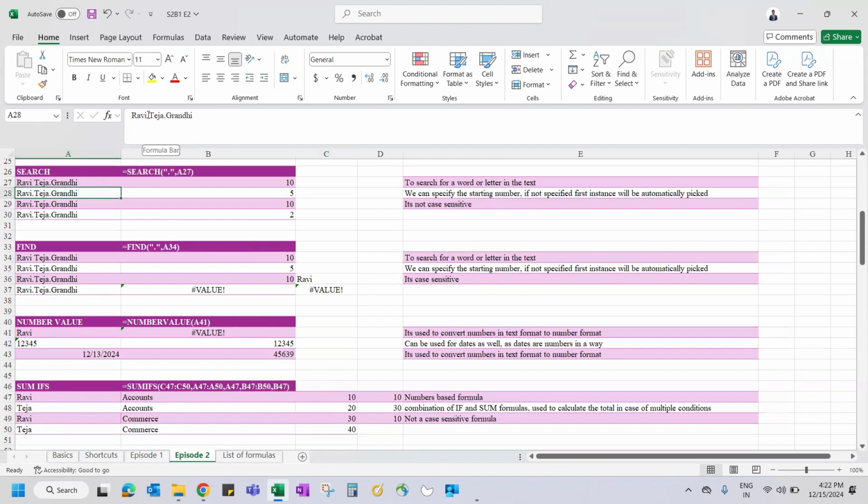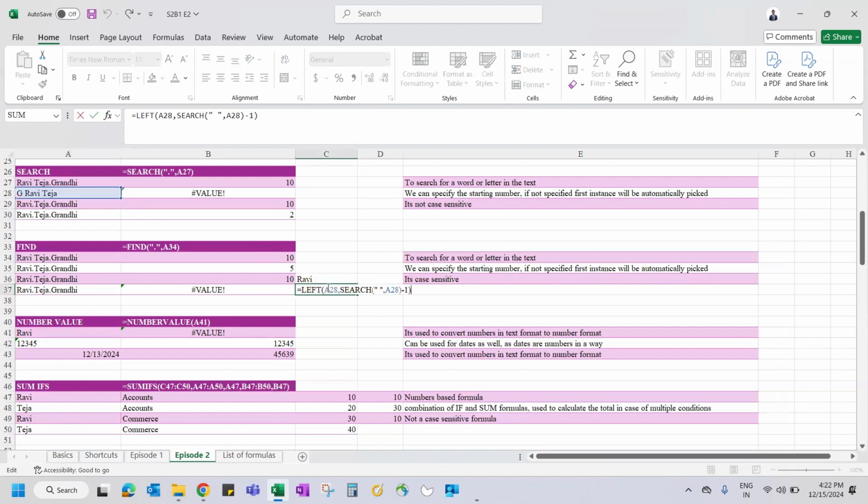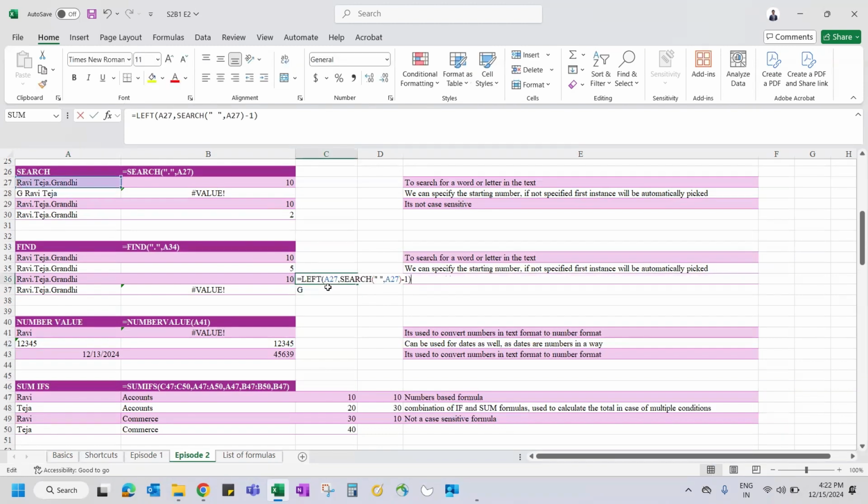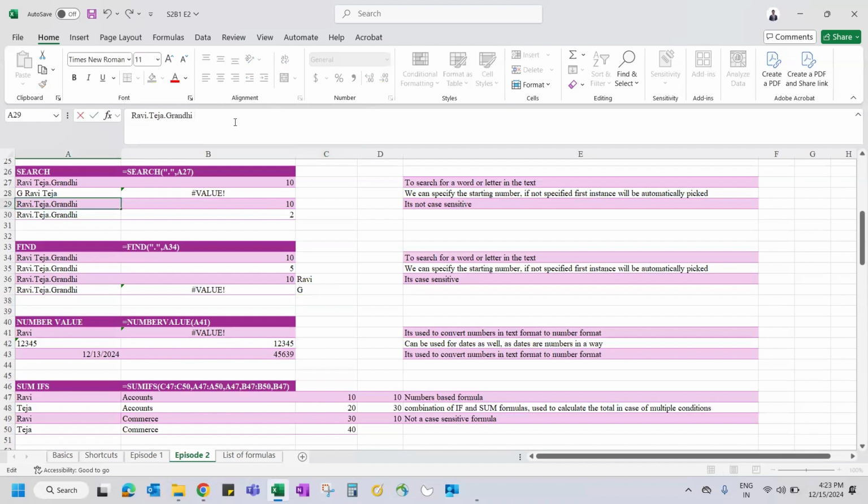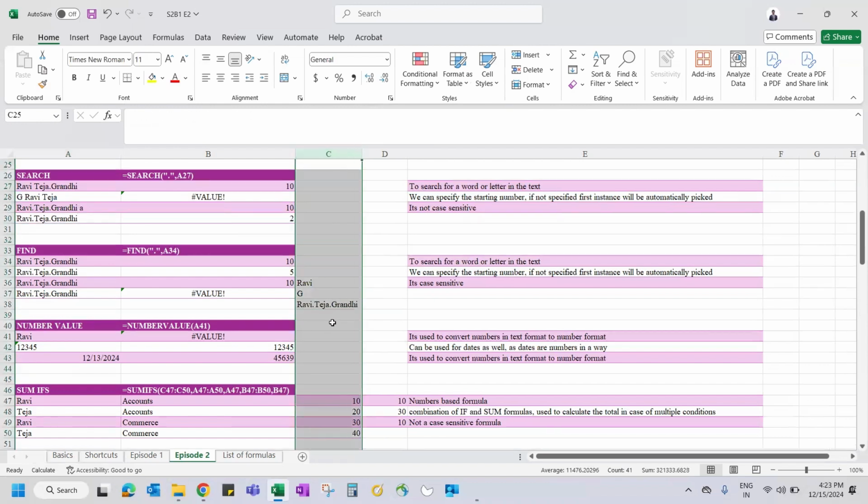Space is not there, so it's showing like this. I'll just change it to, okay. Same formula, I haven't changed anything, just dragged and dropped. Here it's giving 4 letters, here it's giving 1 letter. For example, if the space is at the end only, I just drag and drop, it will give me everything till